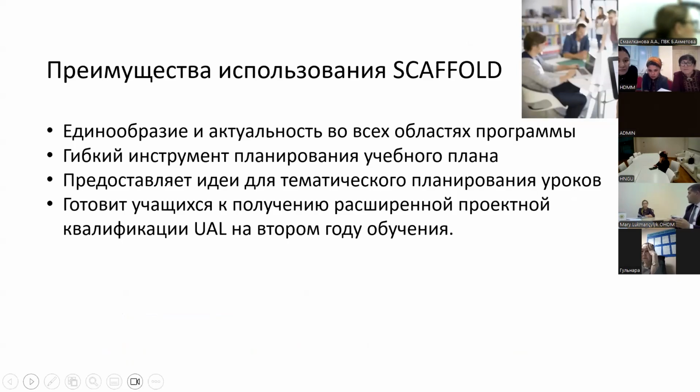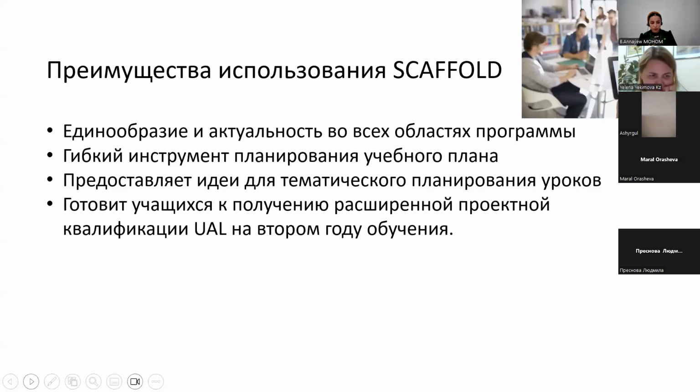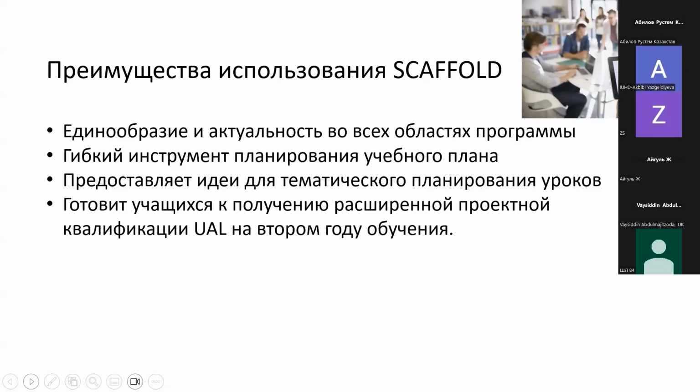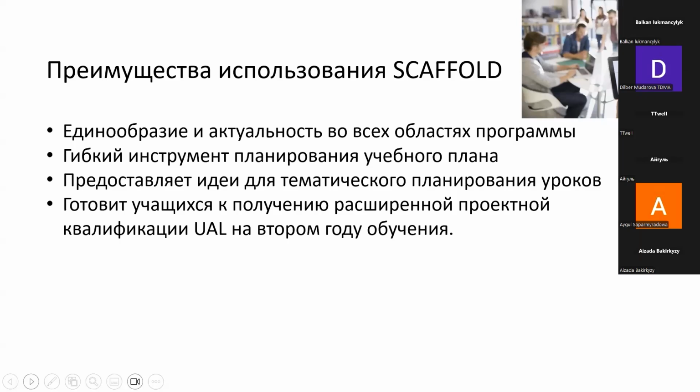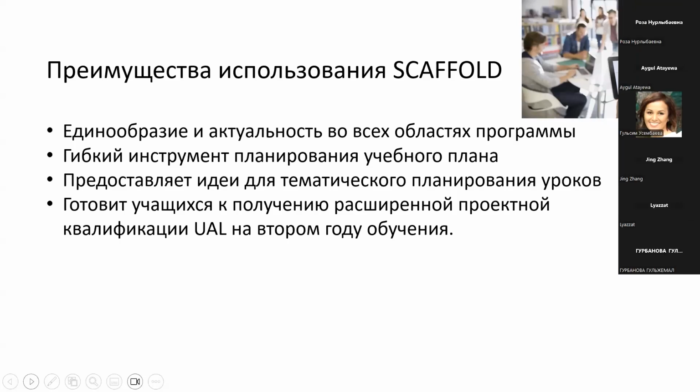So the use of SCAFFOLD and the Entrecomp framework has enabled the vocational teams to plan their curriculum together skills. So there's consistency across the program areas and also relevance, which was not always the case with the Welsh Baccalaureate qualification. They have found SCAFFOLD and Entrecomp to be very flexible as curriculum planning tools, in that they are